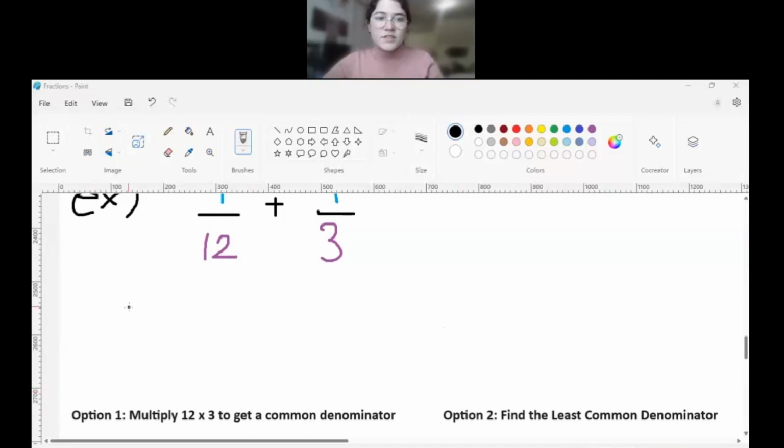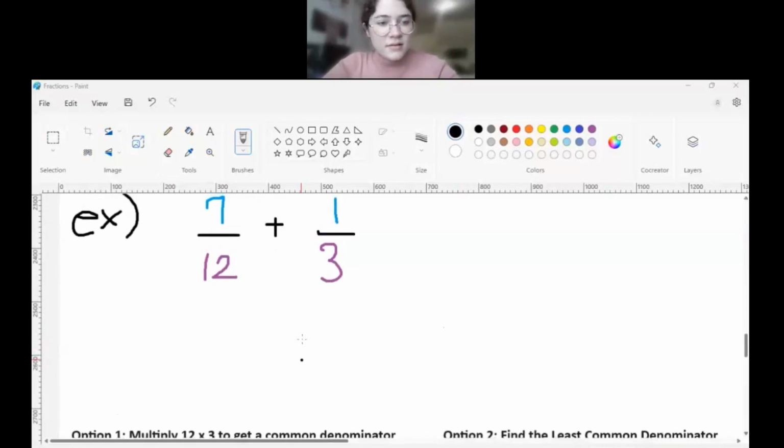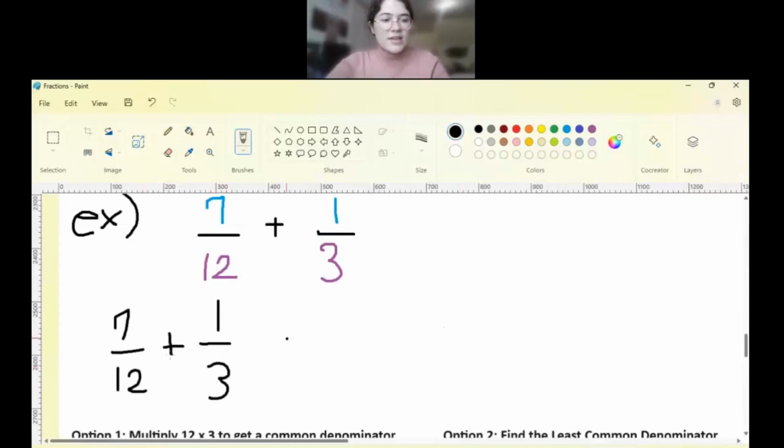However, it's a little more time consuming, so you will end up having to simplify at the end because it will be a bigger denominator and a bigger numerator. Let's do option 1 first. So it will be 7 out of 12 plus 1 out of 3. So what we would be doing here is just multiplying this side by 3 out of 3 and multiplying this side by 12 out of 12. And this gets us a common denominator, so I'll rewrite it